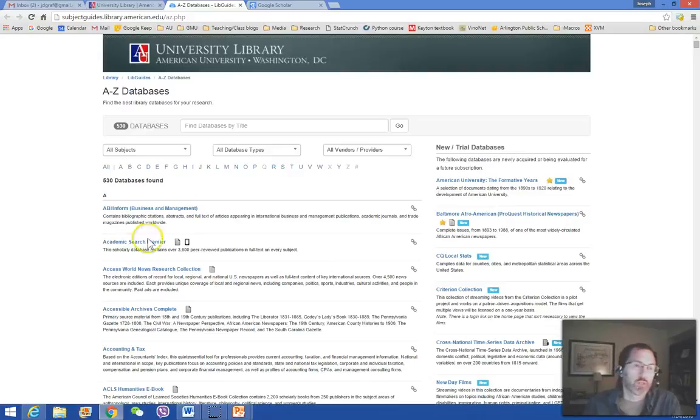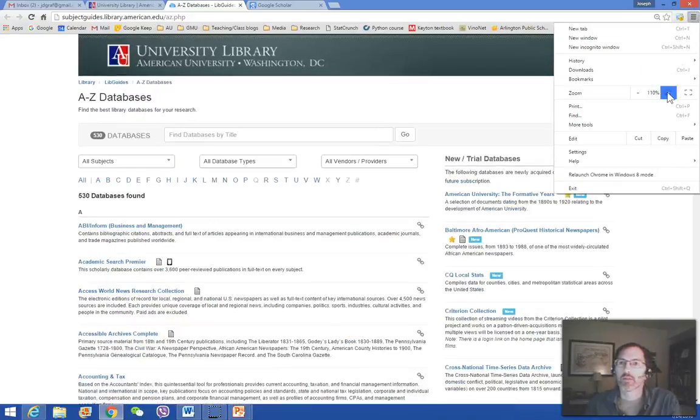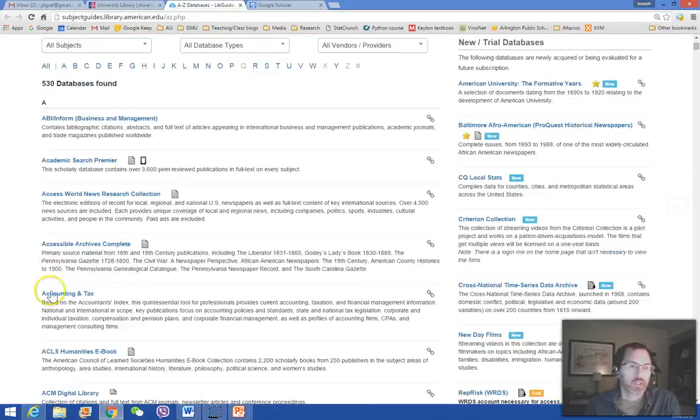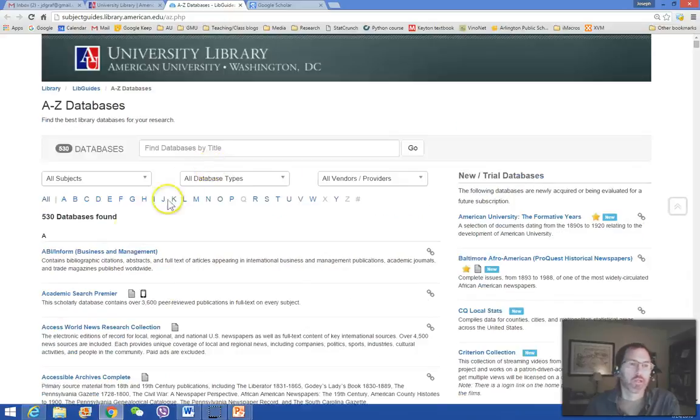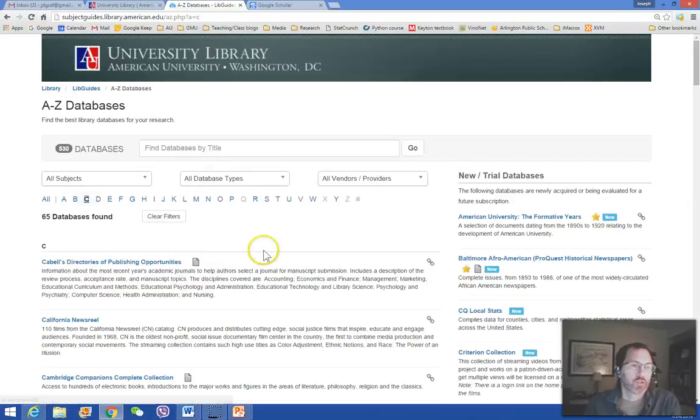In fact, on this first page here, you find something here called Accessible Archives Complete. I'll make this a little bigger too. See, that helps a little. And Accessible Archives Complete includes newspapers back to before the Civil War, if you were so inclined to take a look at that. In the field of communication, I'm going to go under C here, click to the C databases,